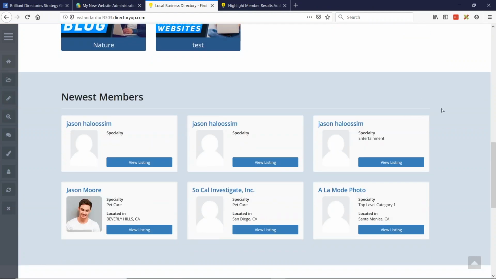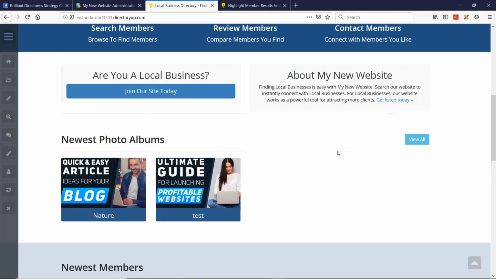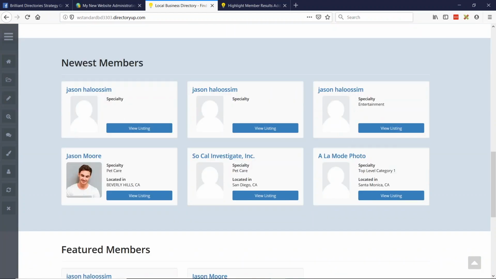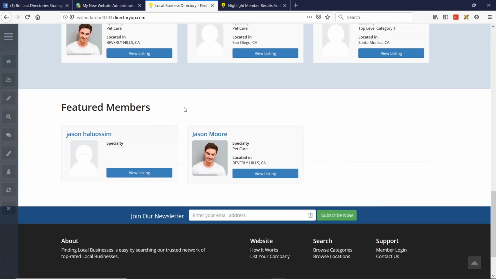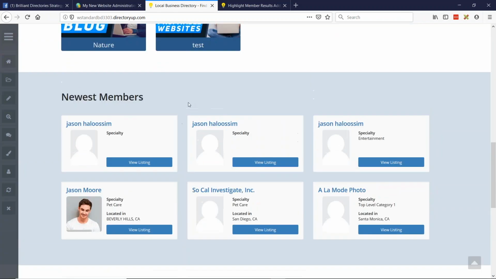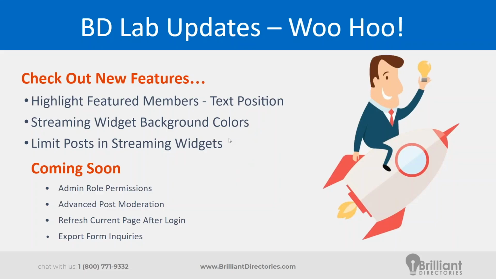Maybe you want to bring a little more emphasis to one of the streaming widget sections on your home page. You obviously want to choose a very subtle color just to show a small distinction between the sections, and that will kind of showcase the content a little better rather than everything melting and mixing together if you have a lot of content on your homepage that you're streaming. So super helpful. Really nice setting there. You can obviously match some of the branding elements of your site with a nice subtle color.